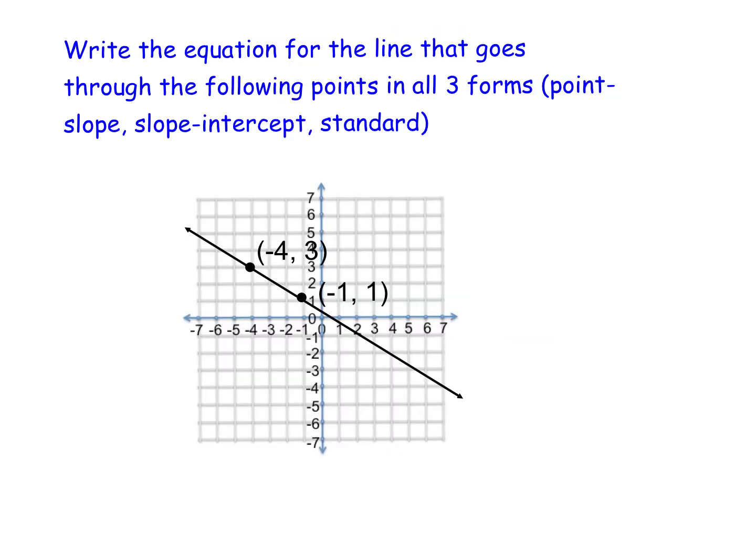We're going to write the equation of a line that goes through those points listed below in point-slope, slope-intercept, and standard form. So we're going to start by finding the slope, which we can do with that y2 minus y1 over x2 minus x1 equation. But because we have a graph here, we can actually utilize the rise over run,